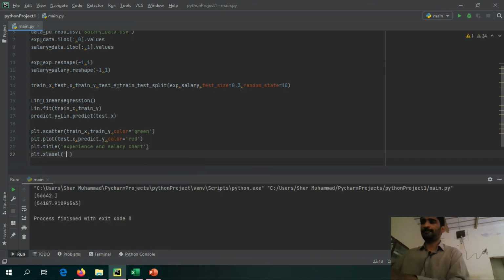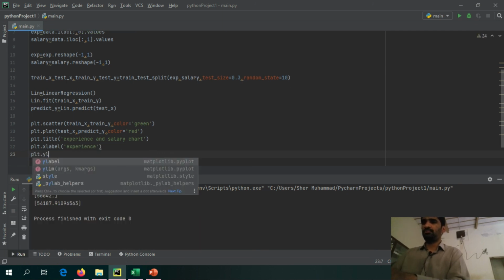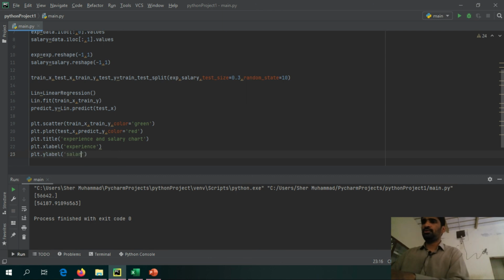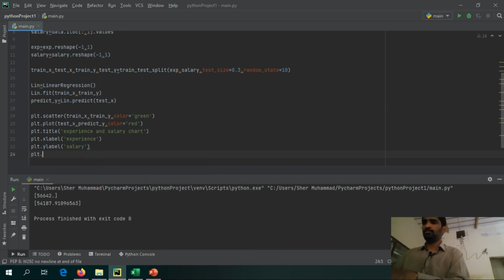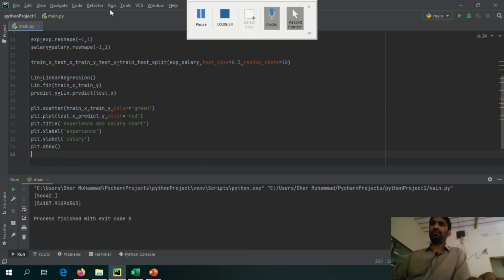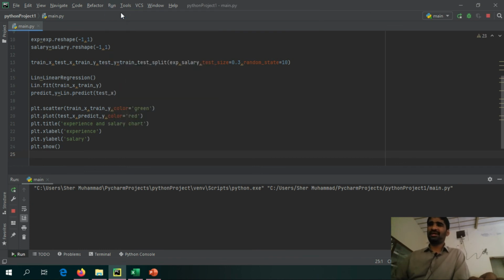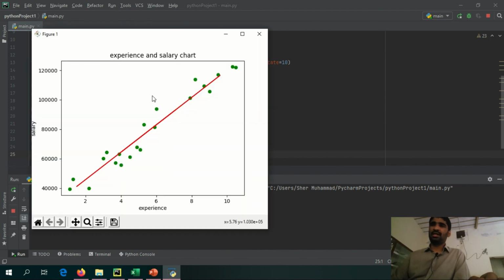x label, and then y label, which is salary. Now here we go. Now we see what happens. So here is our chart. If you see, this green dot is our training data, and this is our predicted model. We will deeply study the mathematics behind the regression, but up to this